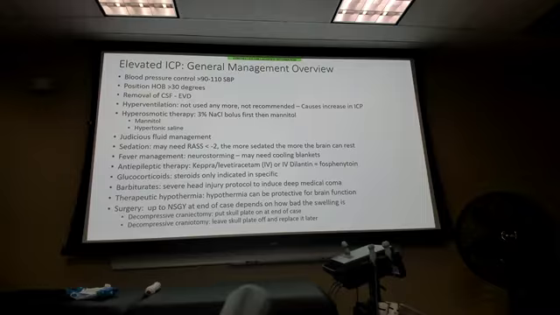Barbiturates, we can use IV barbiturates to really put them into a medically induced coma. Okay, we don't use it on everybody, but for someone who has a severe traumatic brain injury, we are trying to get them through it. Putting them into a medically induced coma with barbiturates puts them into the deepest coma that we can. Okay. Therapeutic hypothermia can be protective for brain function, and then surgery is really up to the neurosurgery team to decide